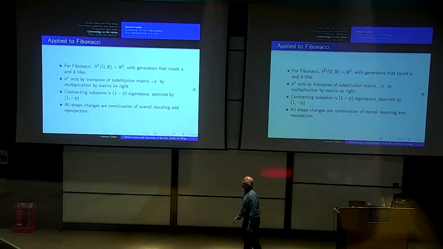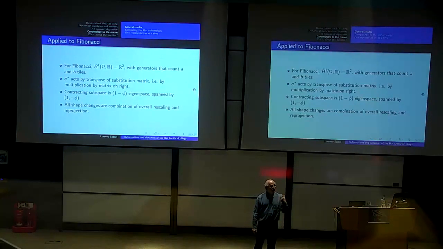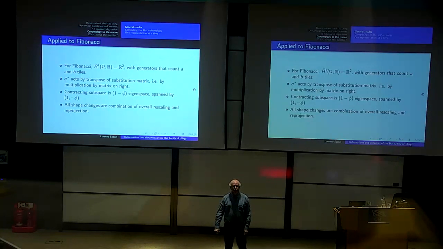Okay, so if you do this with Fibonacci, you get that the cohomology is 2-dimensional, and the eigengenerators are the indicator function of an A tile and an indicator function of a B tile. And those substitute by the same old substitution matrix. Eigenvalues, golden mean, 1 minus golden mean. Contracting subspace is the 1 minus the golden mean. And you get that this eigenspace, which I said you vary the lengths by this much and you get a conjugacy. And the other direction, well, what happens if you take something with size phi and you vary its shape by a multiple of phi? Well, it's not a conjugacy,